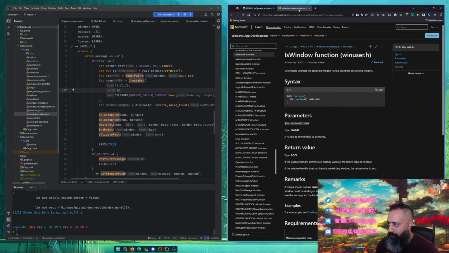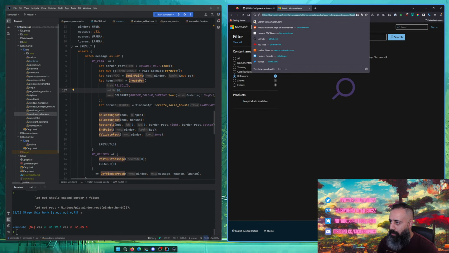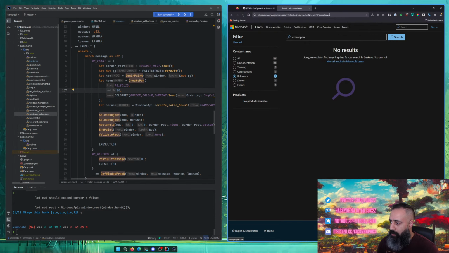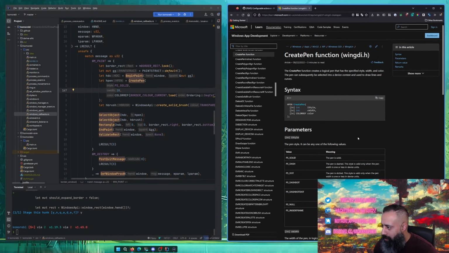And the CreatePen function, if I can find that here. Why does the search suck? CreatePen. There we go. Why can't you just come up when I search in here, man? What the frick? Anyway, right,